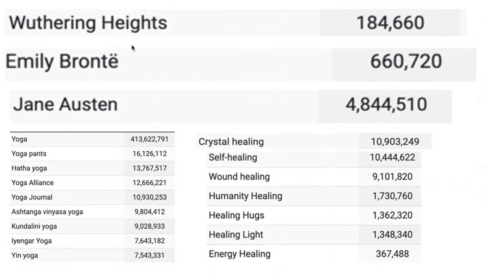And then there's romance novels like Wuthering Heights by Emily Bronte. You'd probably mix those two together, and you may even add Jane Austen into that whole thing because that's under 1 million people. You can end up with other groups based on other interesting things that women are interested in, like crystal healing or healing hugs, energy healing, yoga. There's so many different topics. The idea is that you just pick an interest and give it a go.